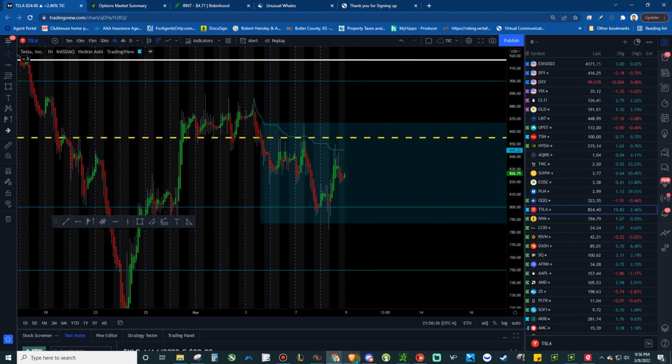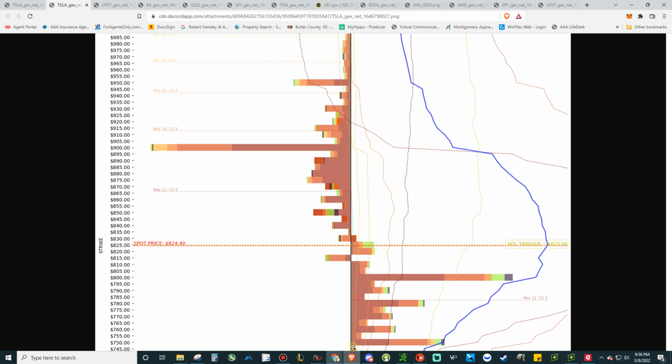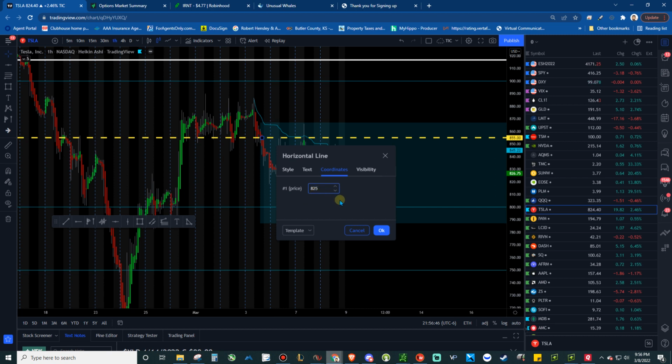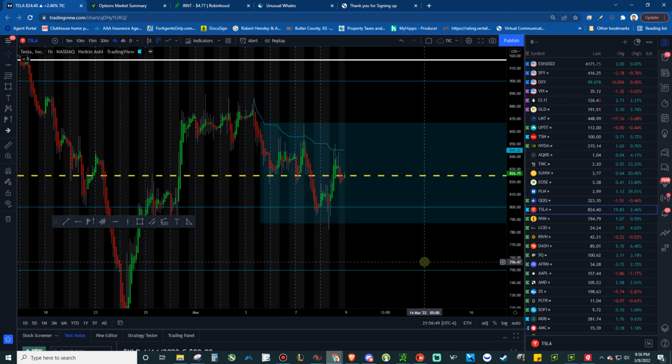Our volatility trigger, this yellow line I put in here, is going to be 825 now. It was 855, so that's interesting that the vol trigger came down. What the volatility trigger means is when price is above that level, the market maker is essentially fighting you. If the price goes up, they're shorting into the strength, selling into strength, and as price comes down, they're buying the dip. That creates a situation where the stock is non-volatile, kind of just a slow grind higher,